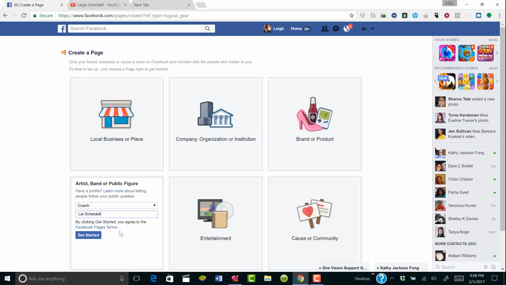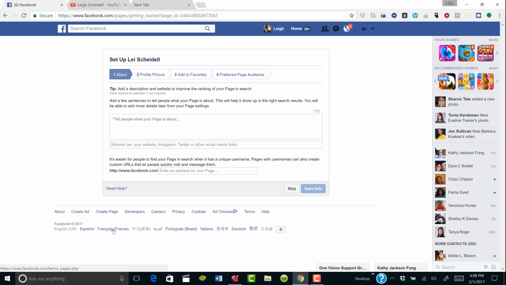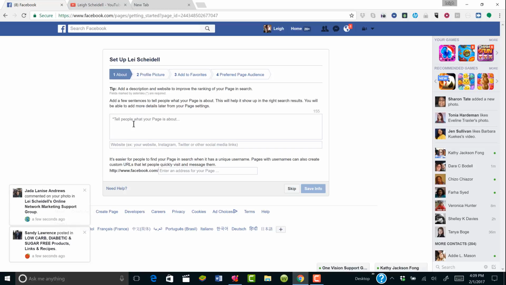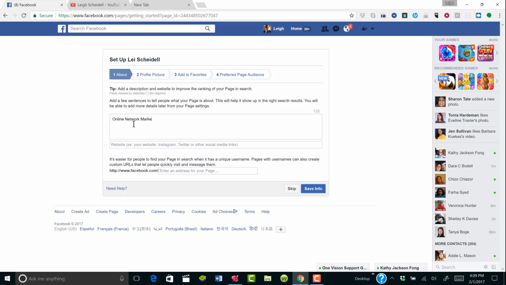And we get started. So I already know what the Facebook page terms are, but if you haven't taken a look at those, I would click on that link, take a look, read through the material, and make sure you agree to all of those restrictions, rules, regulations established by Facebook for your page. So the first part is an about page, and tell people what your page is about. And let's say we'll do online network marketing coaching